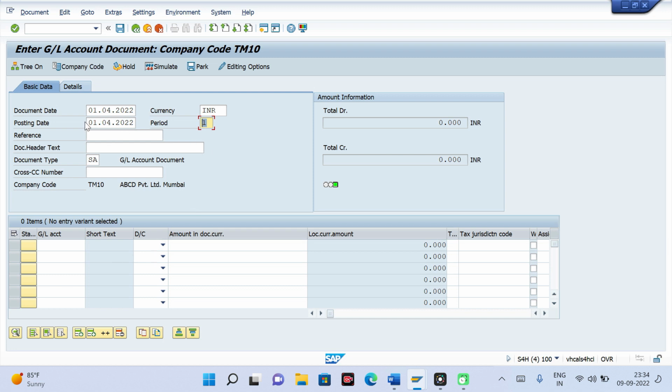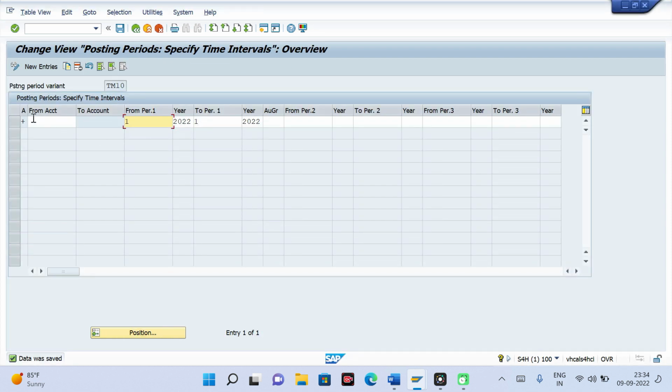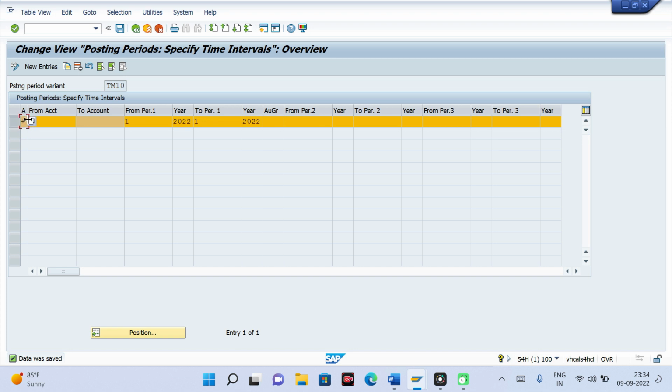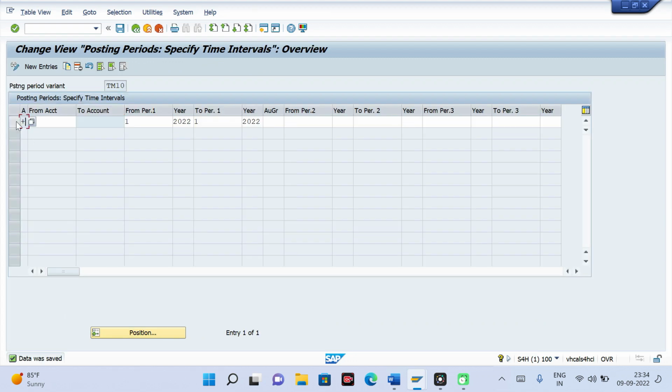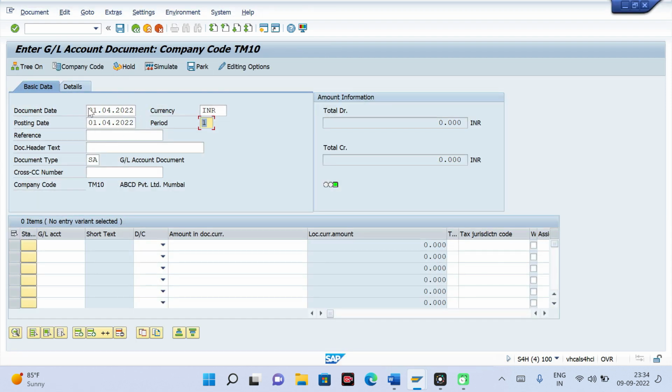So whatever date you give in the header during the posting time, based on this posting date, your period is determined, and this period it will come to here and check for account type plus whether that period is open or not. If that period is not open, it will automatically throw an error before entering any further information. It will immediately throw an error. So ideally this plus is compared with the header posting date for any kind of posting.